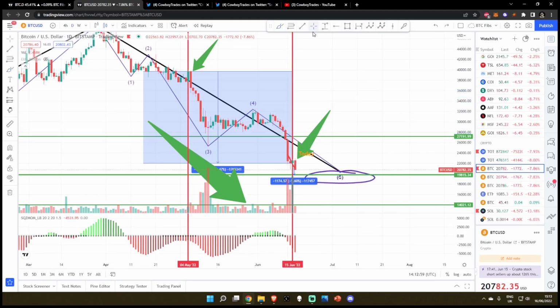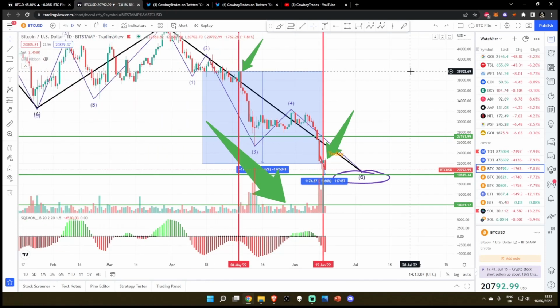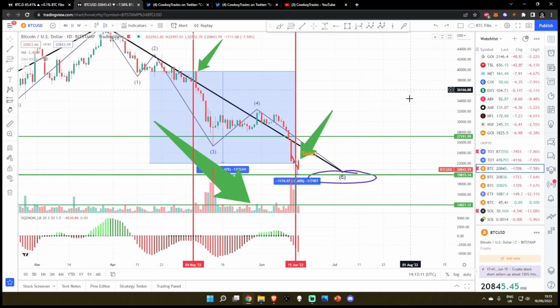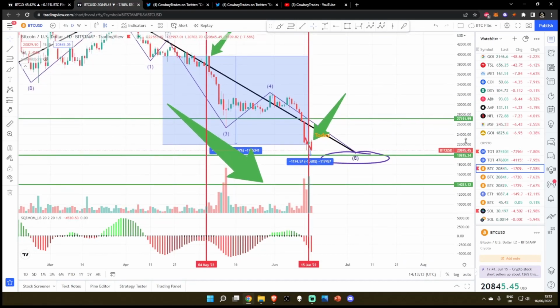So once again, this is something else I said on Twitter. Keep one eye on the inflation numbers. Keep your other eye on the Fed. Until the Fed starts backpedaling, and the Fed is not going to do that until inflation starts going down, do not expect the bottom to be in. So that's all I've got for Bitcoin.